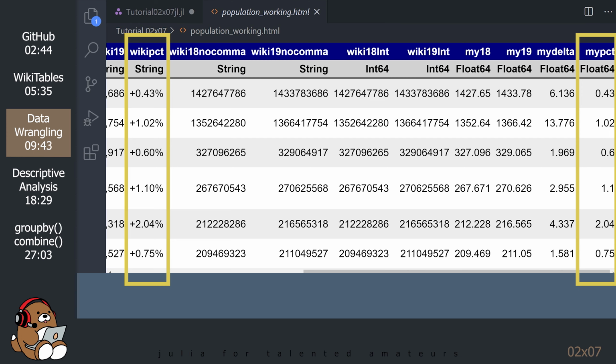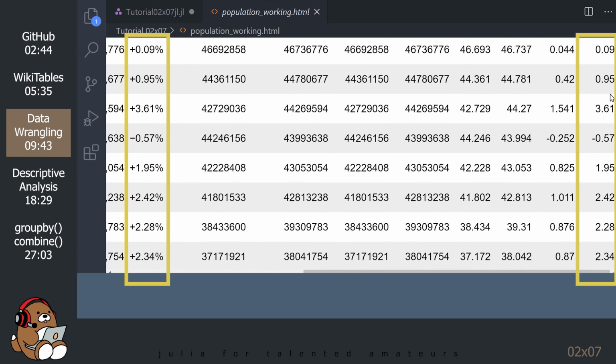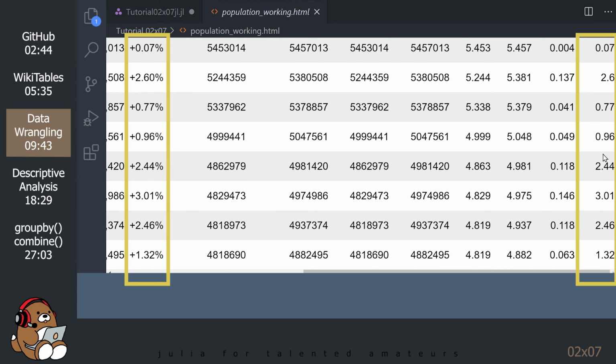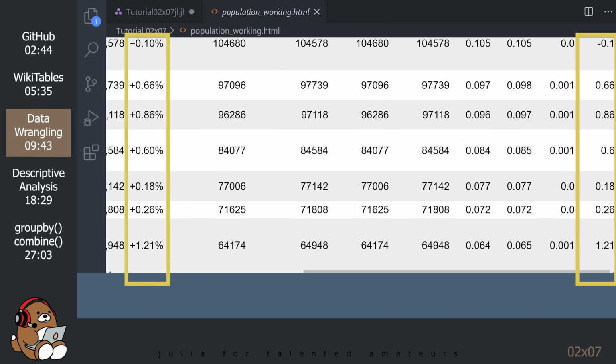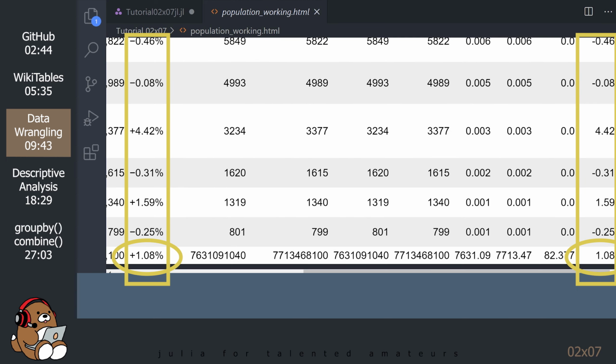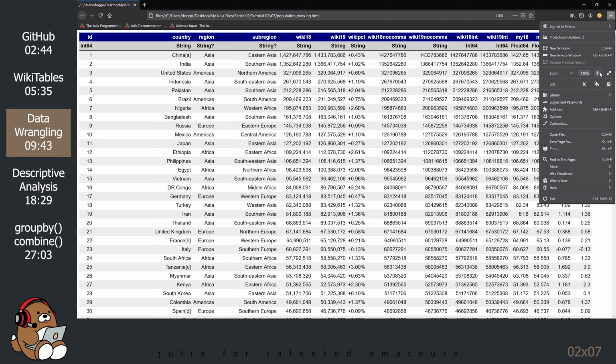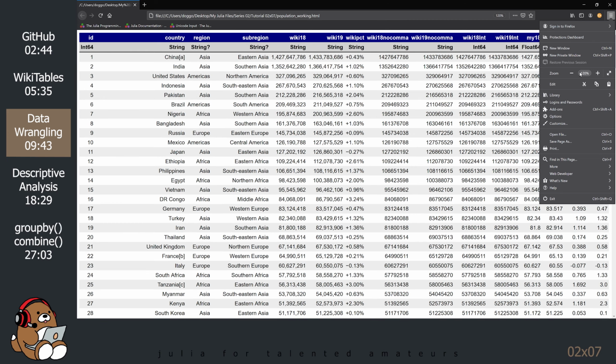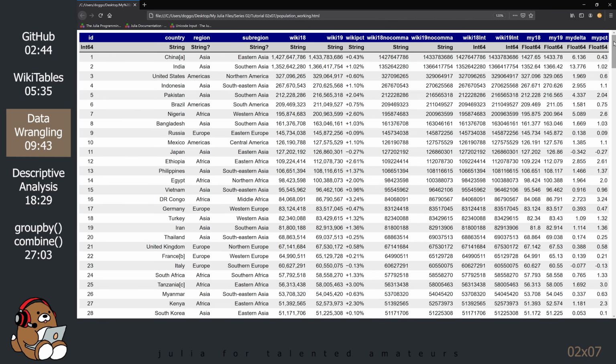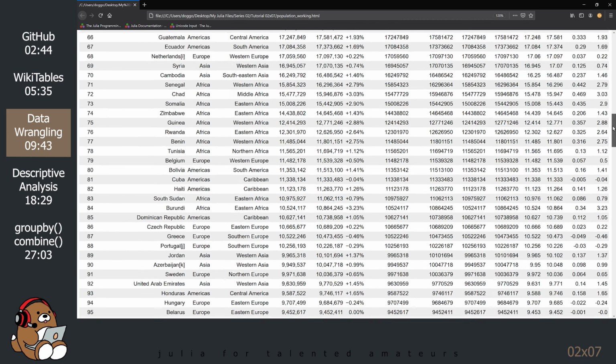By doing a quick scan of a few numbers, it appears that our calculated values are the same as the data in the original table. Let's check the last row to make sure that the totals are the same. View this latest HTML file in your browser. This data frame is starting to become more useful, but now it has too many columns.